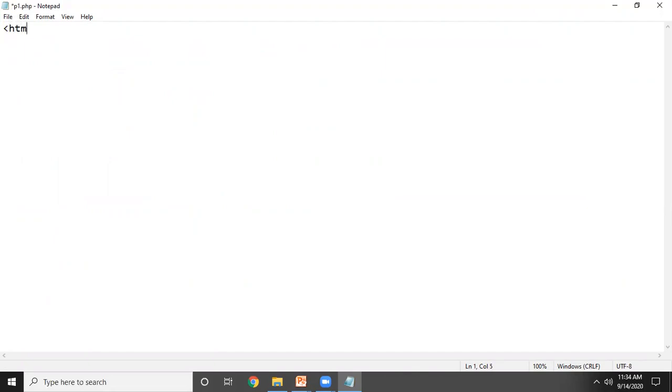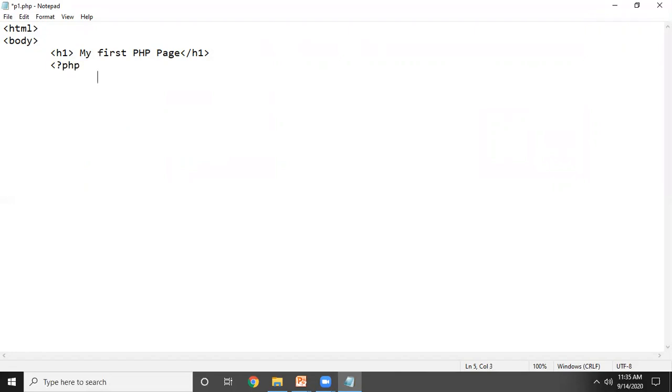Start with the HTML tag, body tag. Here suppose I'm passing one heading, my first PHP page. Close the heading tag. Now here create the PHP script.